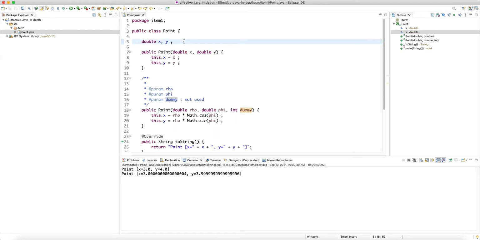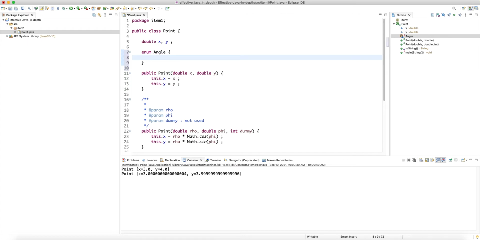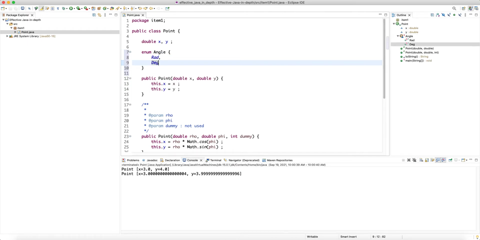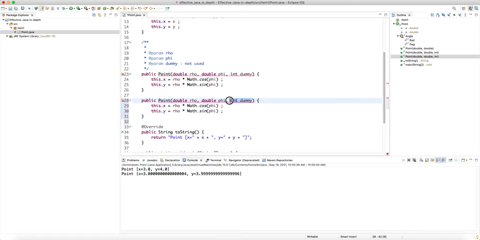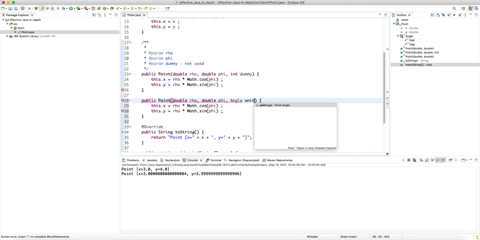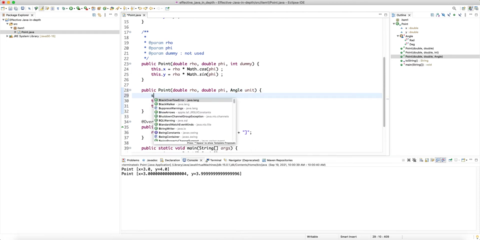In this case the best approach here is to define an enum. We call it angle or unit, and then we say rad and then degree, right? And then here, we can overload it with that one too. Instead of doing int dummy, we say angle unit, something like that, and then we do a switch